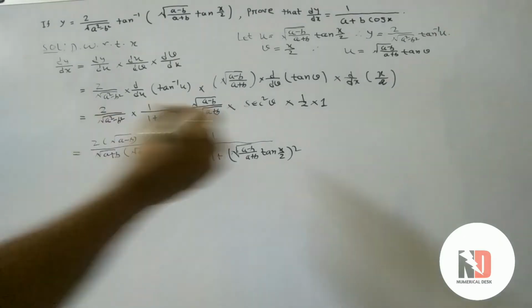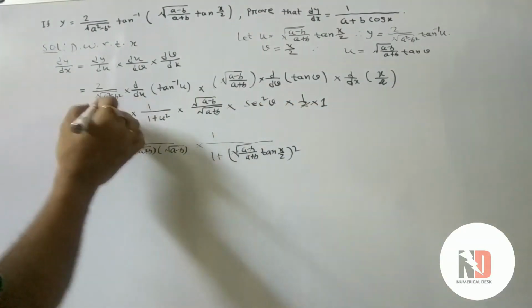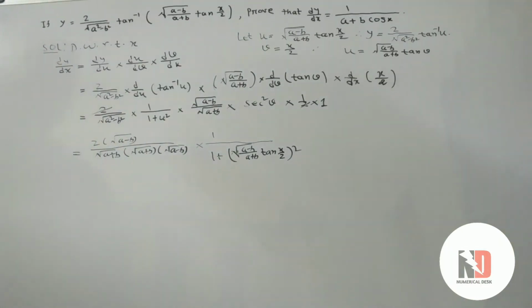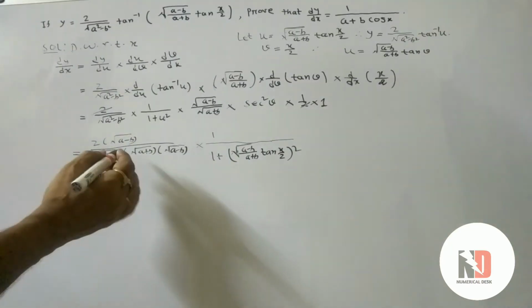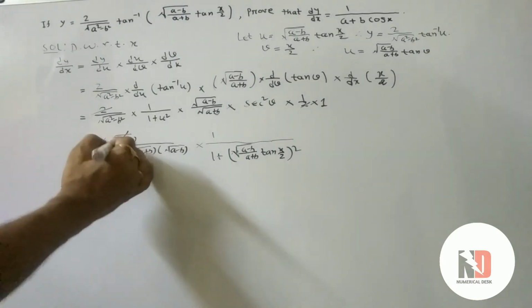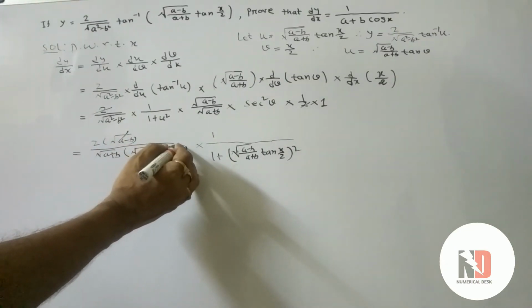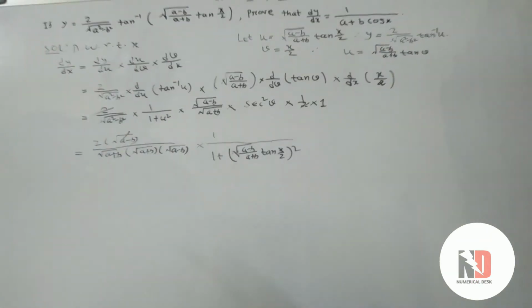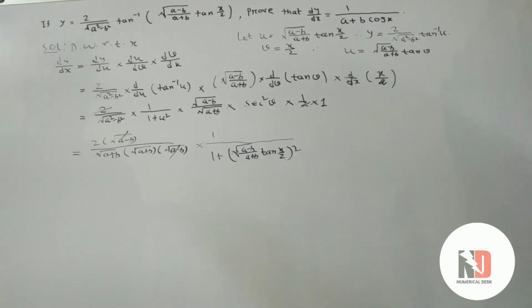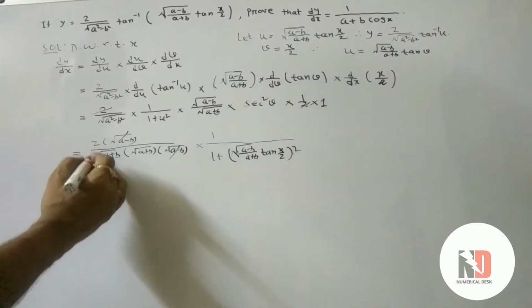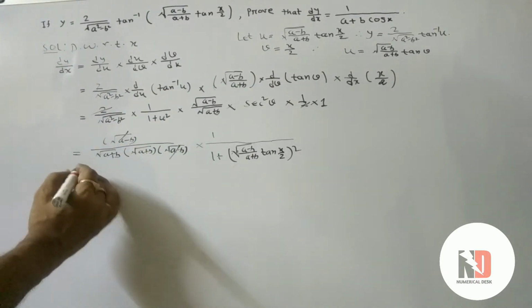No problem, putting the value of u. Now putting the value of v, c square x by 2, you shall get, and root a minus b gone. So a big part is done, and now